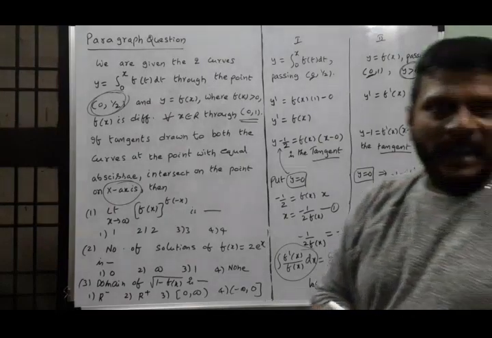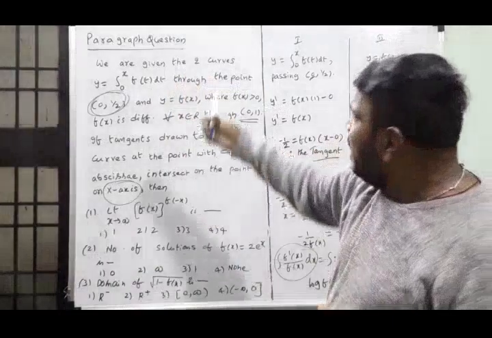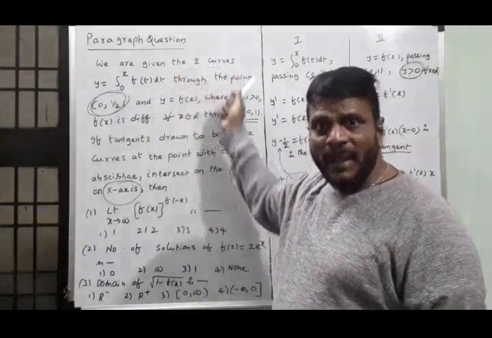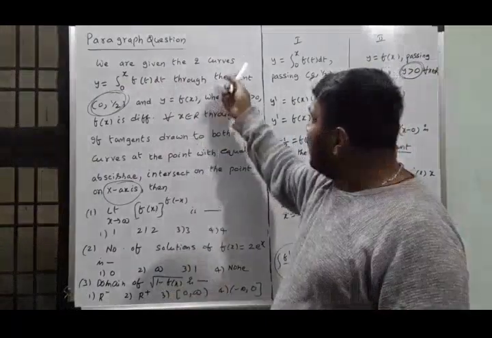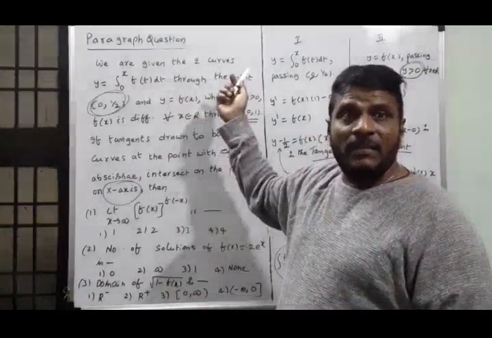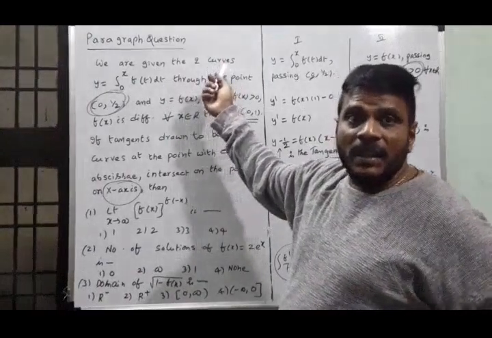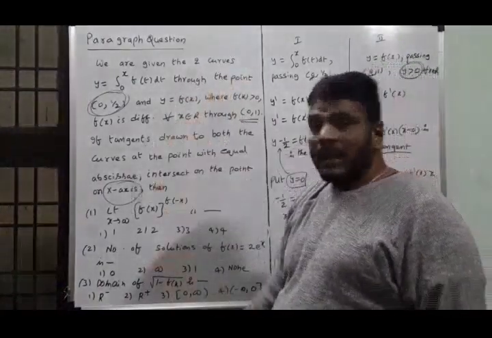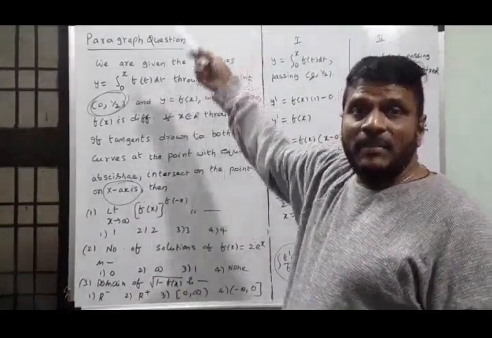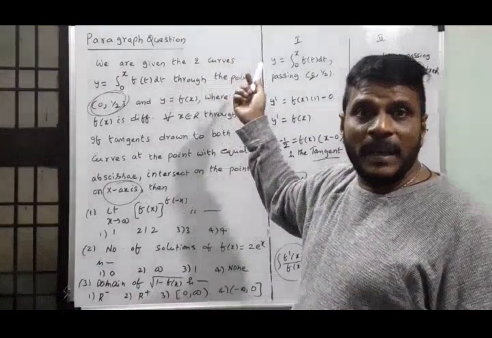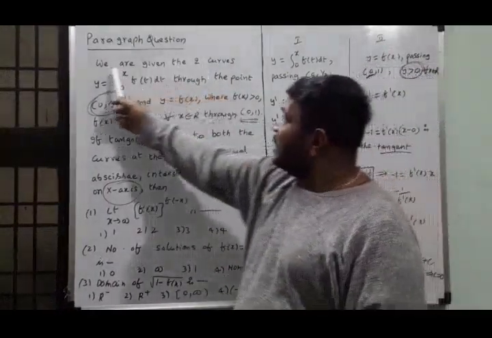Once again I am explaining. First of all, you have to read each and every word in the given paragraph very carefully, understand the meaning of every word in the correct way, and try to solve the given three questions using the data in the given paragraph by applying suitable formulas. Okay. First, what is given?